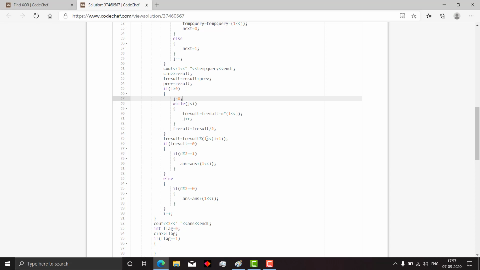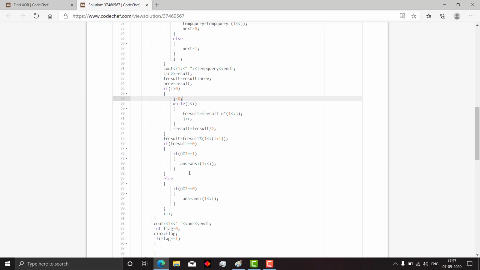Then we mod it with 2 raised to I plus 1, so that the only contributions that remain are from the current bit. And now if the result value is 0, that means the number of contributions of 0 are even. So if n is odd, that means there are an odd number of ones, and we increment this to answer.